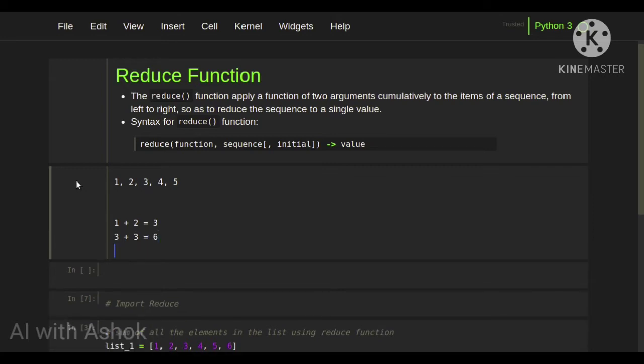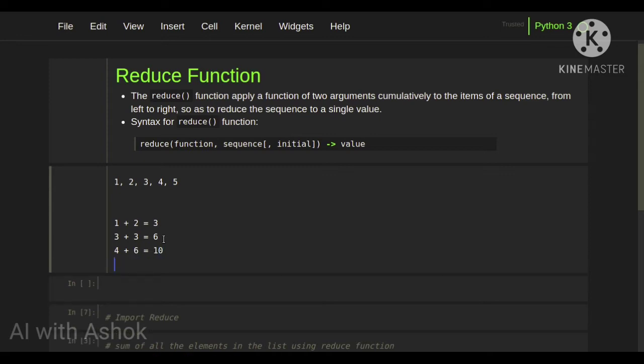Then take the fourth element 4 and add it with the previous answer 6, which is equal to 10, and then take the fifth element 5 and add it with the previous answer 10 and gives the answer 15. So this is how the reduce function will work.